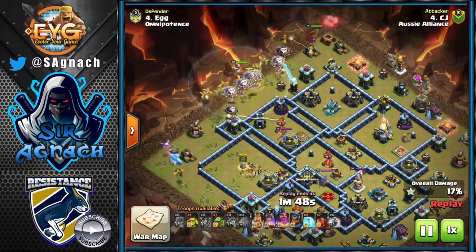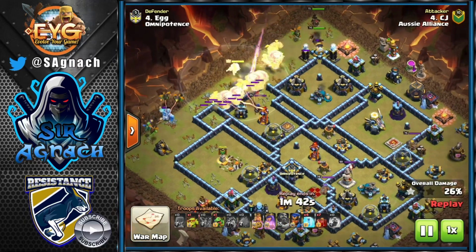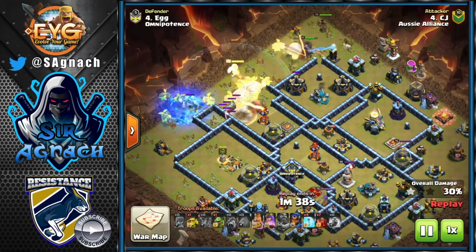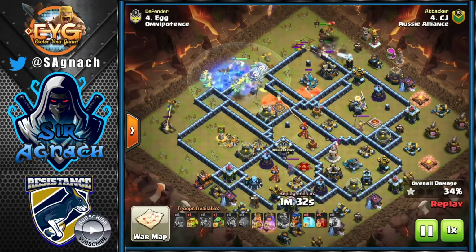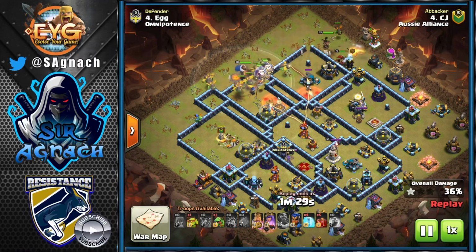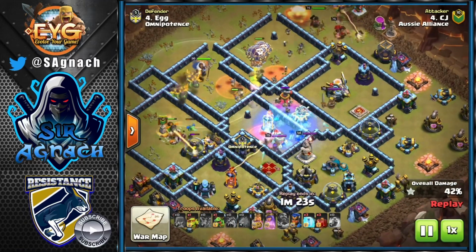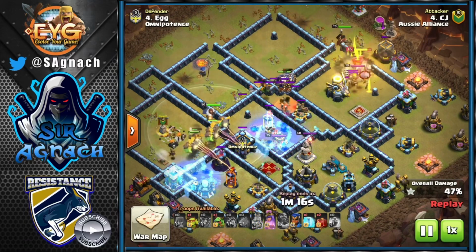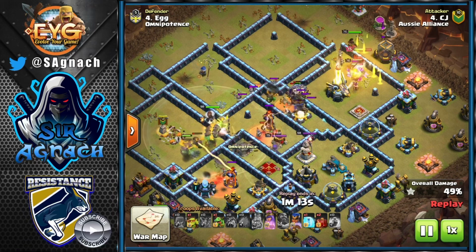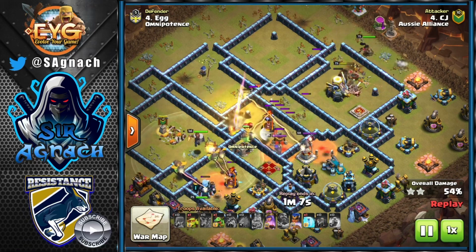and he's going to be able to get rid of them. Now he's put his king and queen at 12 and the inferno dragons in between, going all the way through. He's a little bit late on his skelly spells, so the scatter shot is killing some of his inferno dragons. The single inferno was killing as well. Now he's put freeze and a couple of skelly spells in the center of the base for the multi inferno,